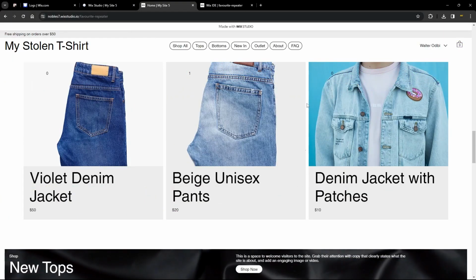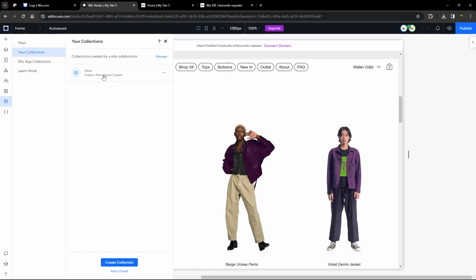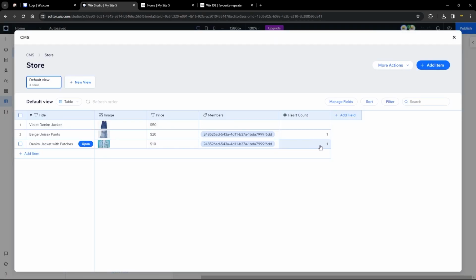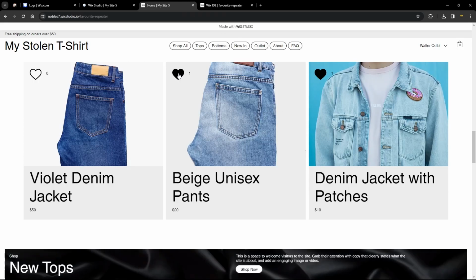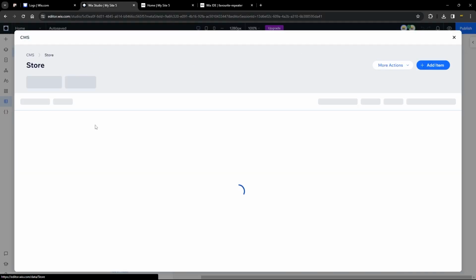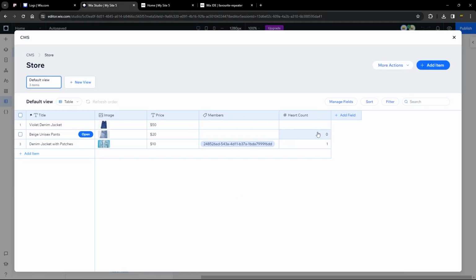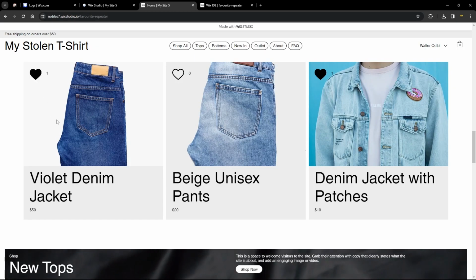All right, now we've refreshed our page, and if we click on an item, this should automatically update the total count. And if we head back to our collection, this should also make effect of what we have done. So again, let's deselect this one, for example. This is the beige, and we can also refresh to see, and as you can see, that's calculated properly. Now what I want to do is to heart this item,